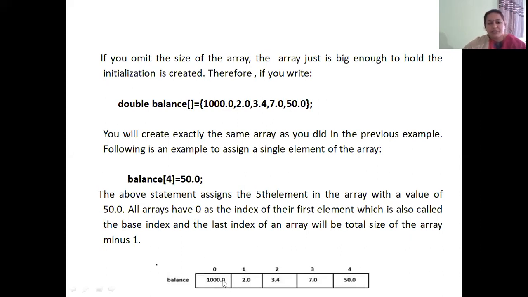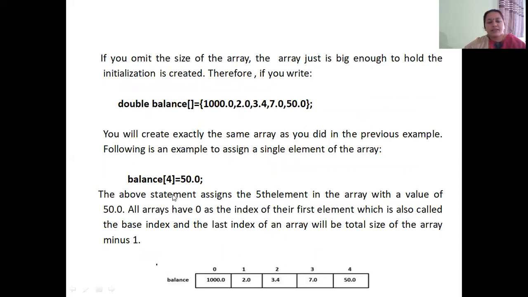So if you observe here, this is how the data is stored in the memory. This diagram shows the data storage in the memory locations. So there is always an option to omit the size of the array when we are initializing. The compiler will count the number of data items, initial values which we have written in the flower brackets, and that count will be automatically taken as the size of the array by the compiler.